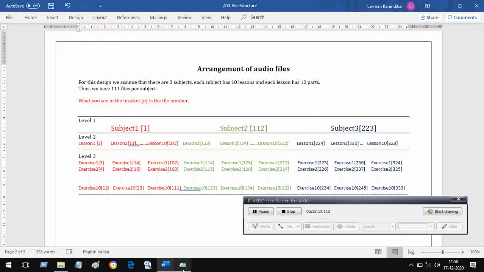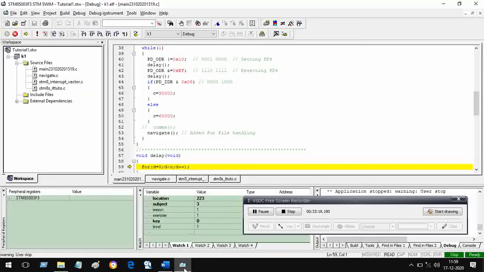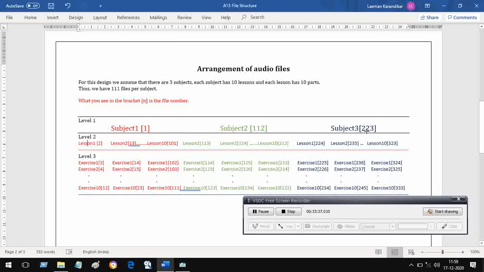We will do two more experiments. Now I press the accept key, which means 1. Then what will happen? Run and stop. You go to address 224, level is 2. You accept it, so you came here.